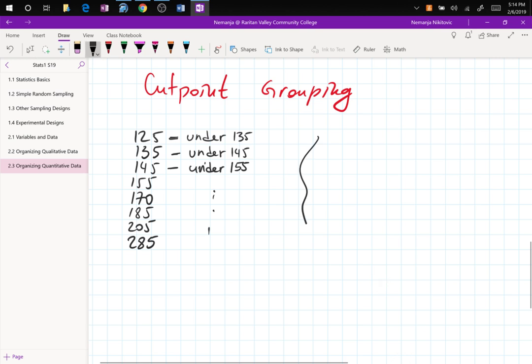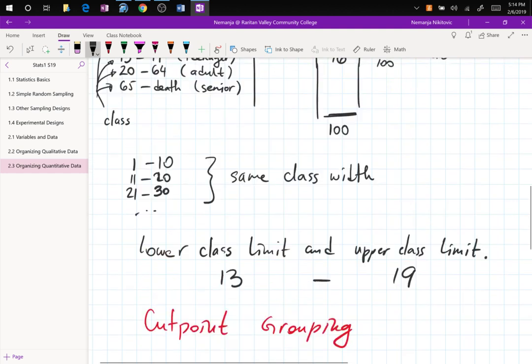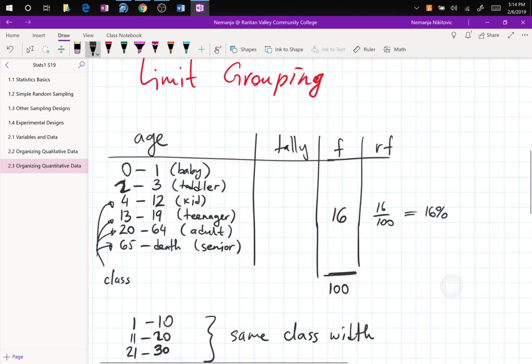So I'll just say weight categories. Again, you categorize how many fighters you have in each category. Those are tally, and then you have frequency, relative frequency, and then you're done with the chart. So this is only how you're setting up the chart at the beginning. So the difference from the previous one, which was the limit grouping, where you have the upper and the lower limit present,